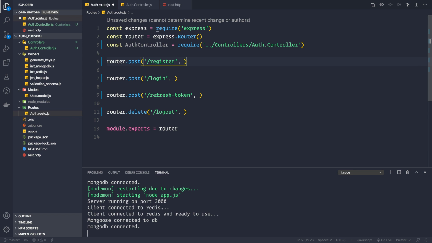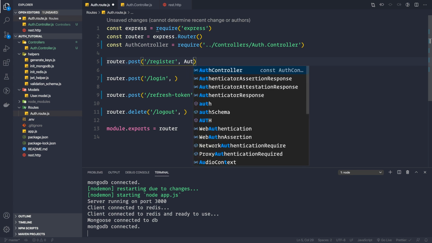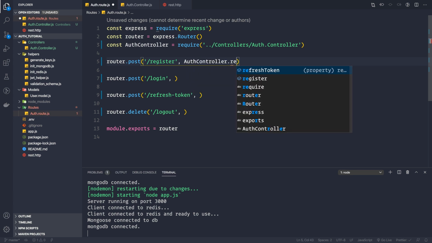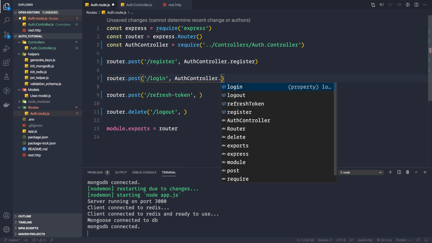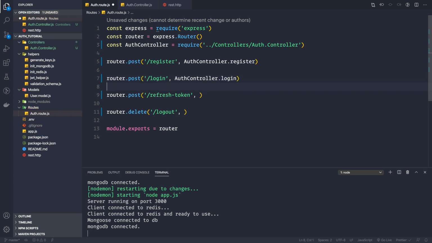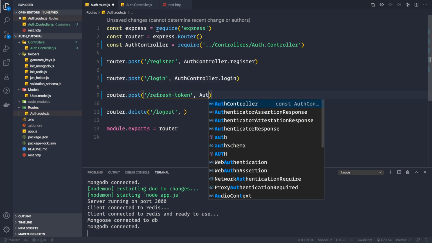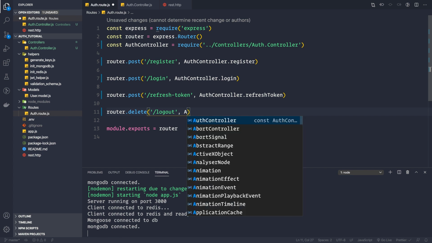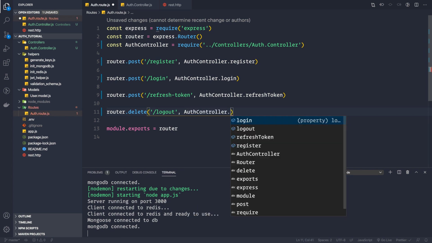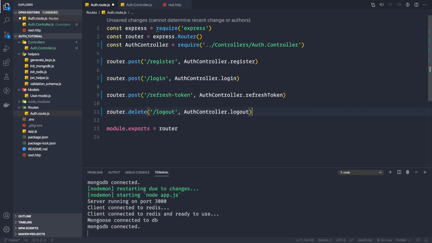And then for the register route, we want to use auth_controller.register, like this. For the login route, auth_controller.login, and for the refresh token, auth_controller.refresh token, and for the logout, auth_controller.logout, like this. So now let me save this application, and everything seems to work fine.